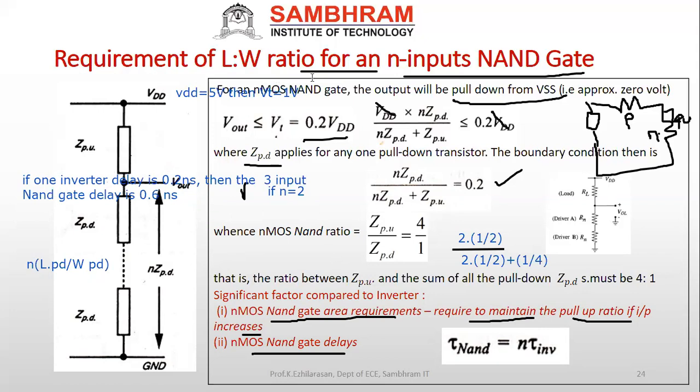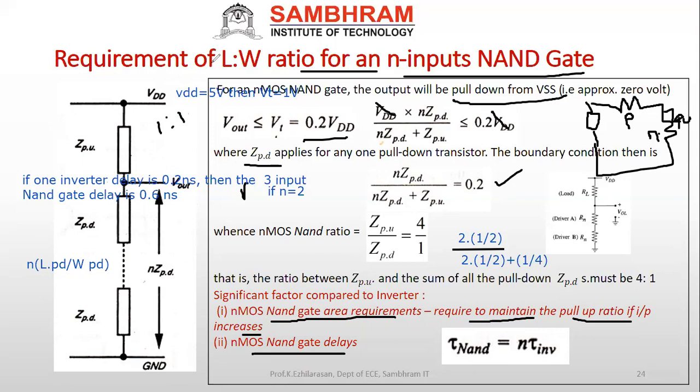This is otherwise already discussed, how much the ratio should be for your pull-up impedance, that is ZPU. You remember this, we already discussed that the charging period and the discharging period must be equal. In that sense, this ratio and this ratio I should get as equal. That is very important. So in that way we have to design.